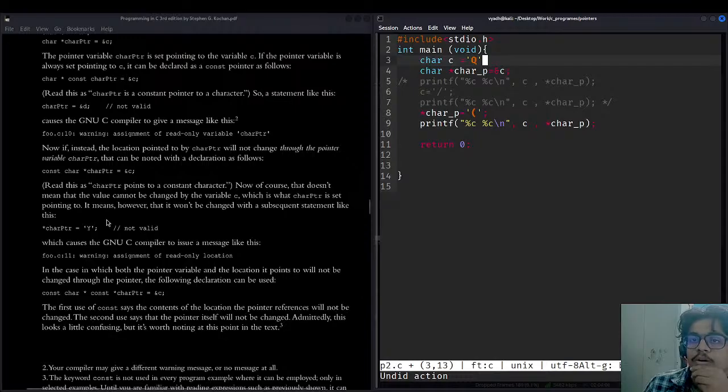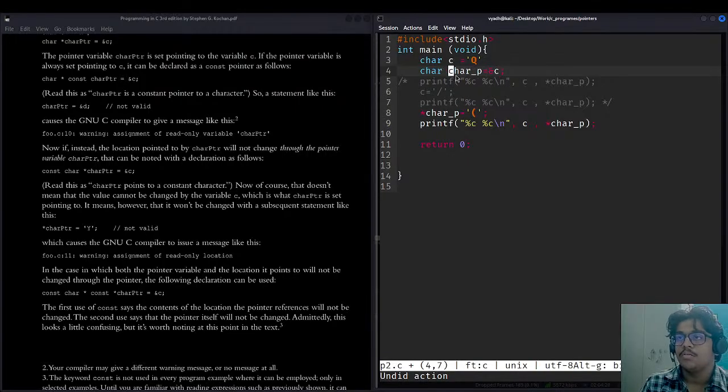So this cannot be done now. This cannot be performed if we write like this. But in this case, it should be working now. Char const char ptr is equal to %c.